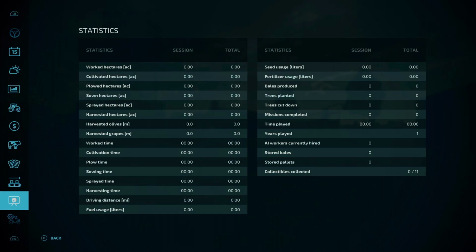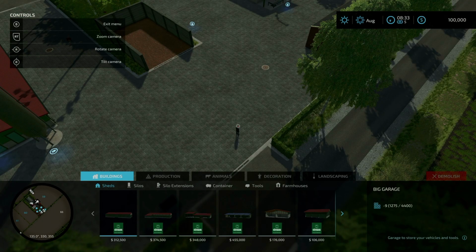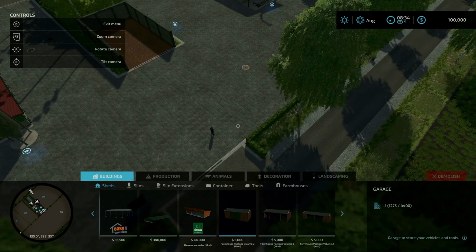Let's see. There are mods specific to this map. We already covered the required mods, but for the mods that have been built into the map, there's nothing under the buy menu, but under the build mode, if we look under the buildings and sheds and scroll over to the right, you can see here, Herrmannspolder has something in here. We will see those required mods sprinkled along these as well. There is nothing else specific for this map under silos, silo extensions, containers,